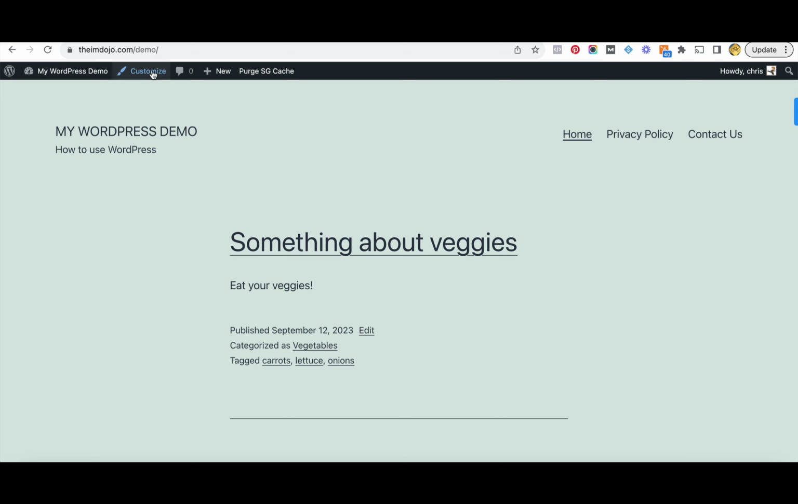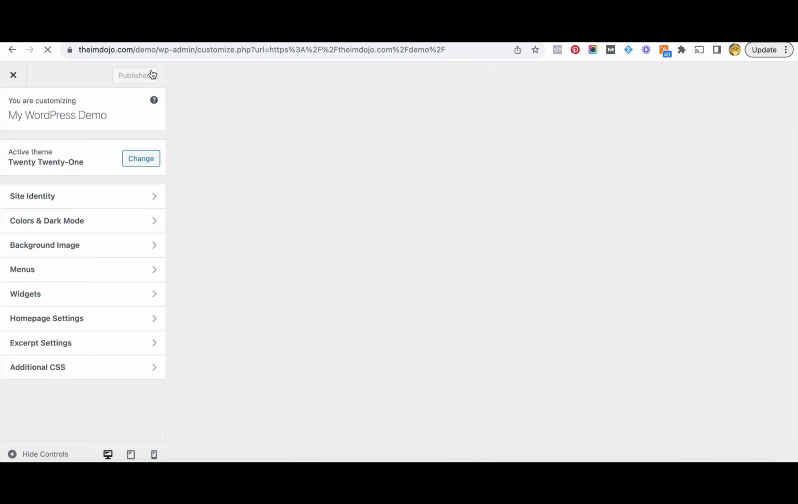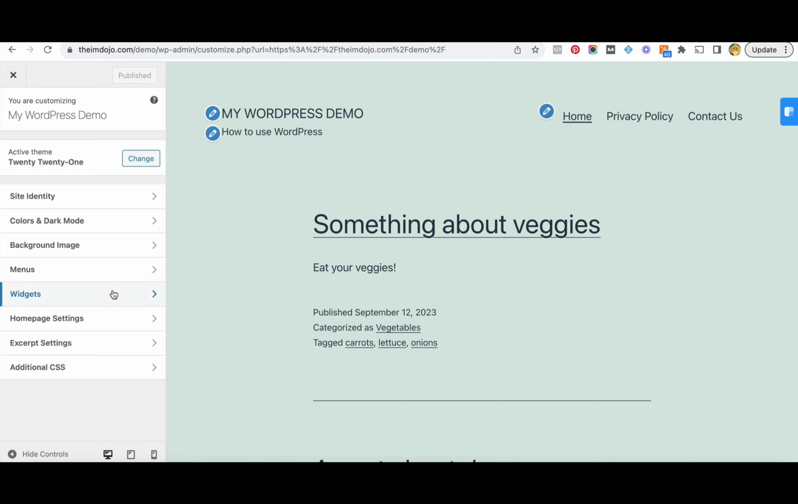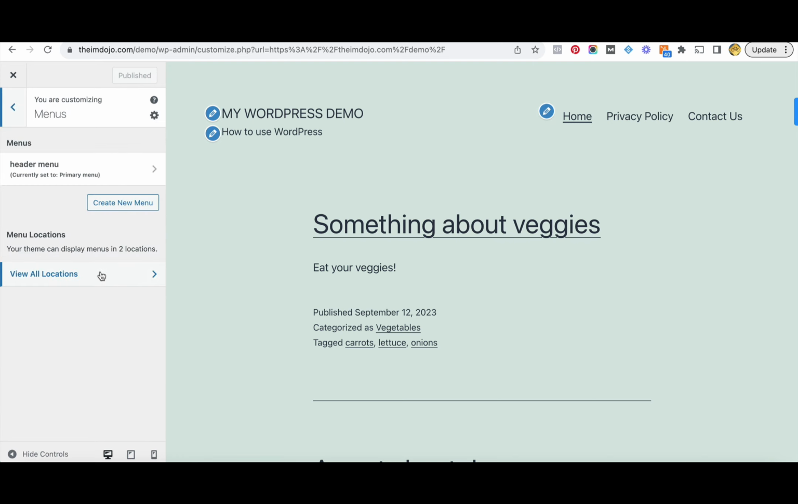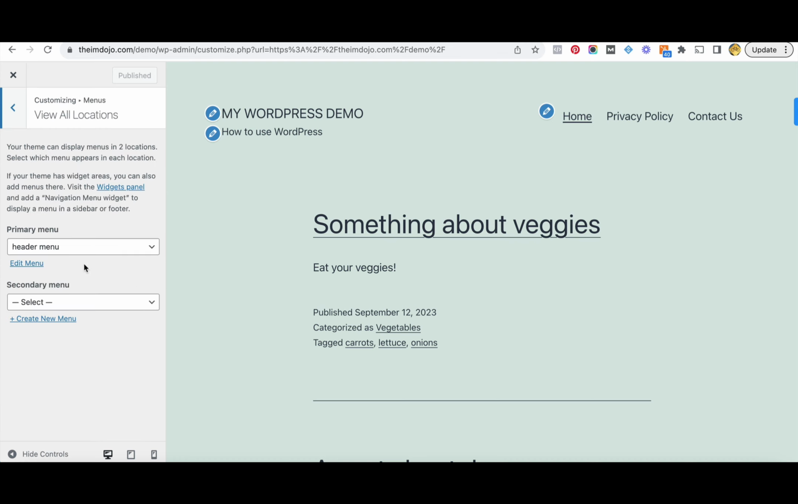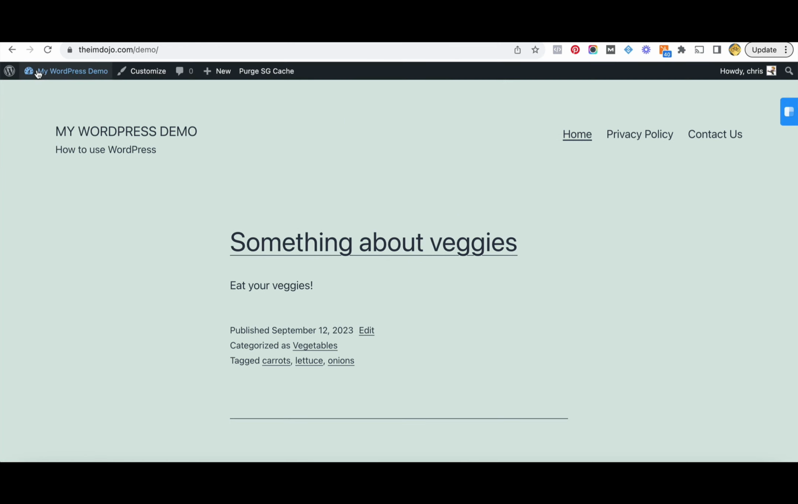So let's go over here to Customize. And this will show us our theme, and I want to take a look at the menus. And notice this theme can display menus in two locations, primary and secondary. Now we already set the primary one. So we're going to go ahead and make a secondary menu. Now it does say create new menu here. I'm going to go back to the regular menu area,